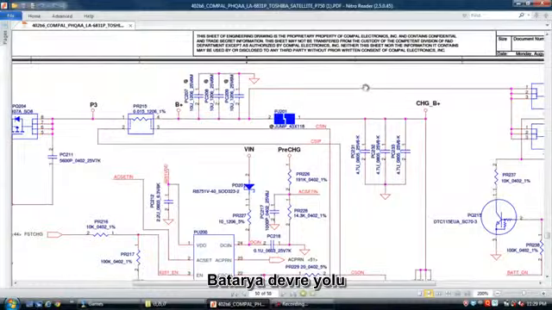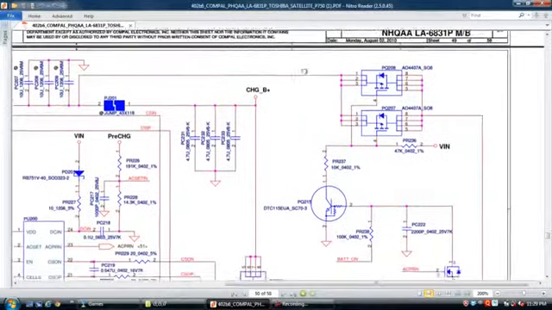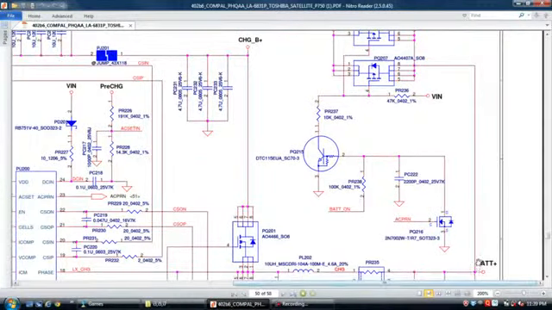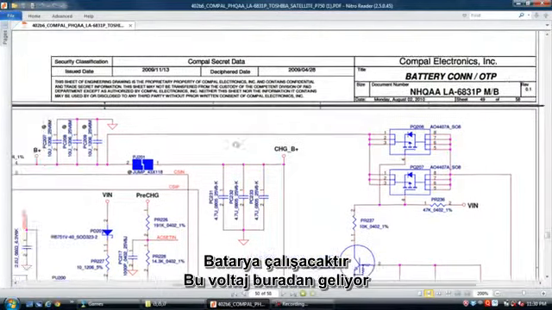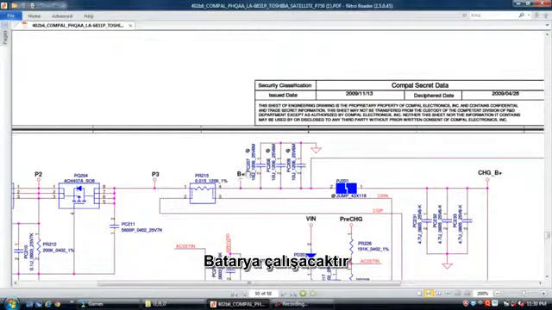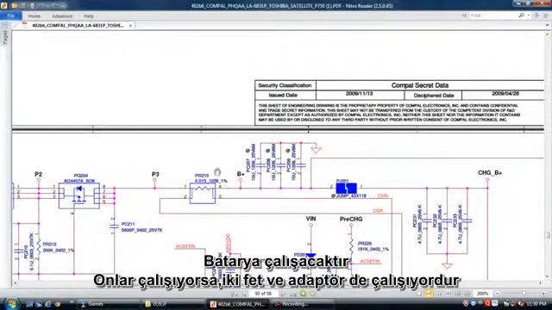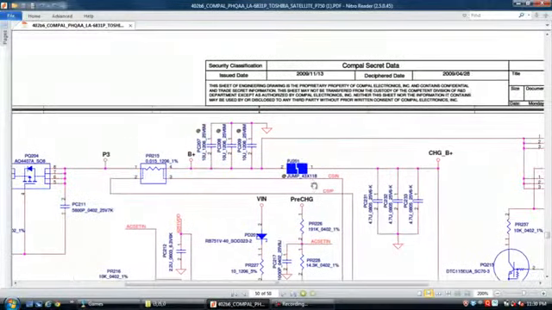This is the battery path. See here, this is the battery path. Bat plus voltage comes to here, and this voltage comes to here. These 2 voltages come out from B plus. If there is any fault in these 2 FETs, the adapter won't work, but the battery will work.